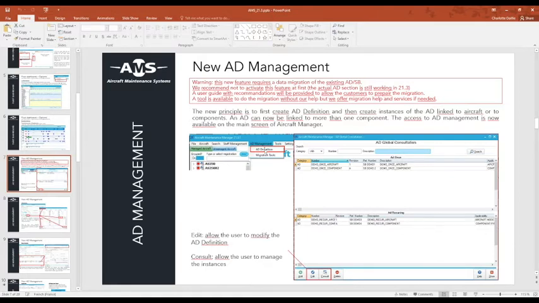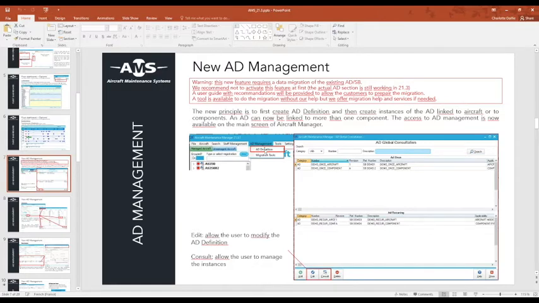The actual AD section, as you know, is currently still working in 21.3. As soon as you are ready to install the version and do this migration, we will give you a user guide with all the recommendations that we provide, to prepare the migration to be sure that everything is going to be all right at the end.